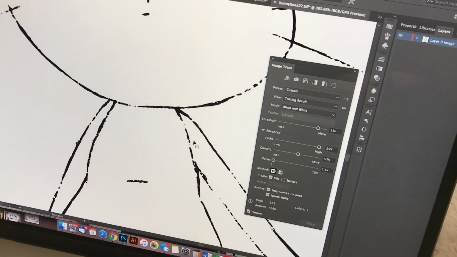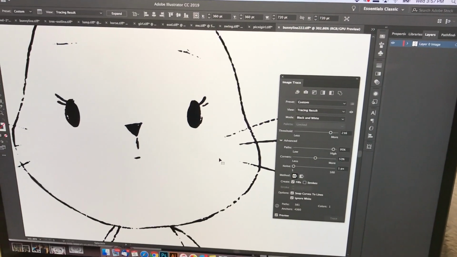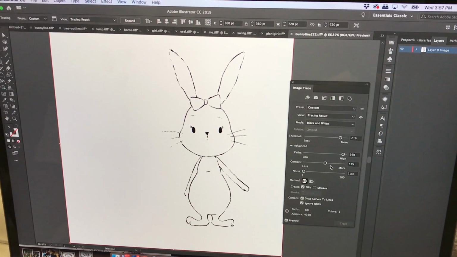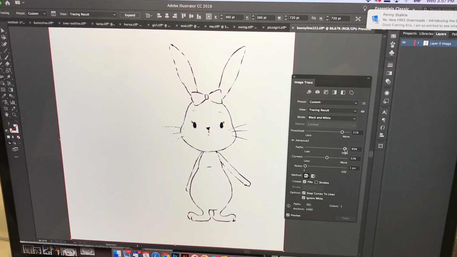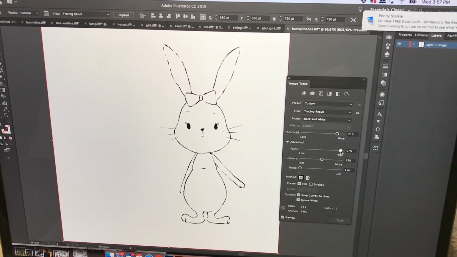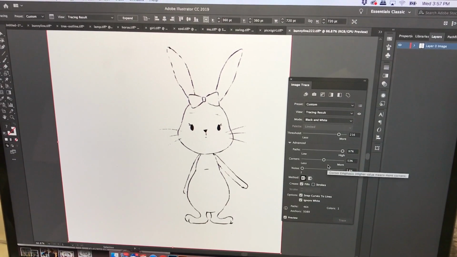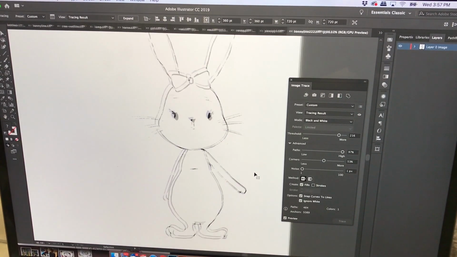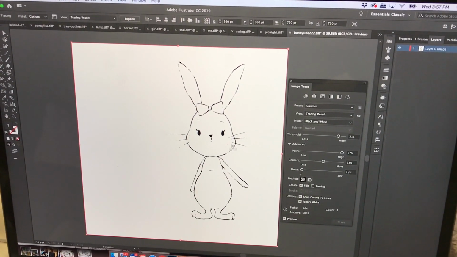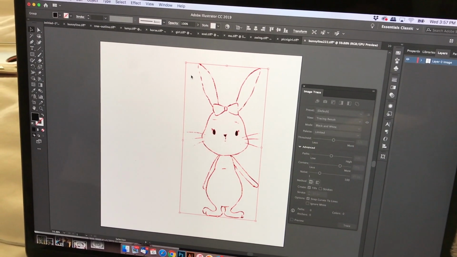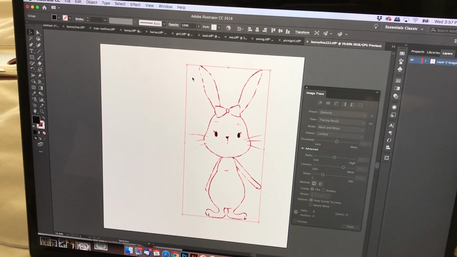I'm just going to see where I want it. I want it kind of rough like that, not too perfect at all. And I think I can probably go probably pretty good. Okay, so then I'm going to expand it, and then I'm going to send it as a PNG back